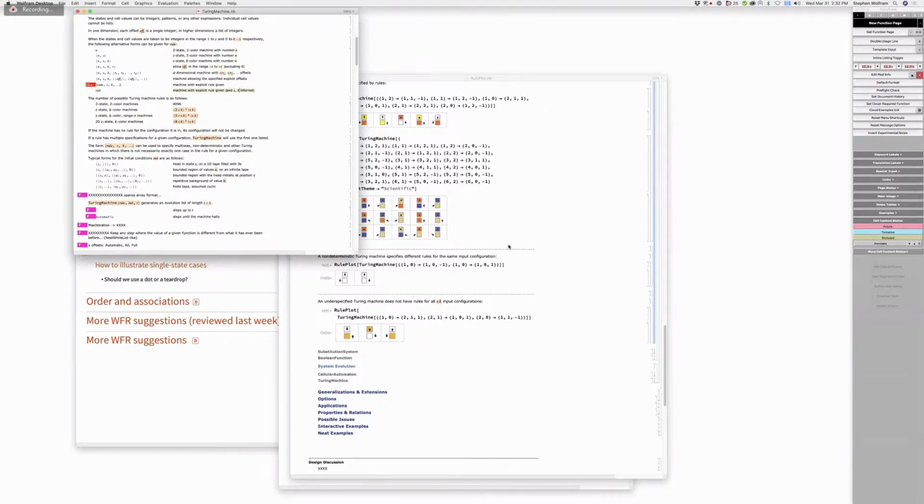Somewhere we should document the fact that for a Turing machine, what we should say here, in the Turing machine case, can be used to specify a Turing machine in which that is assumed to have S states, in which not every